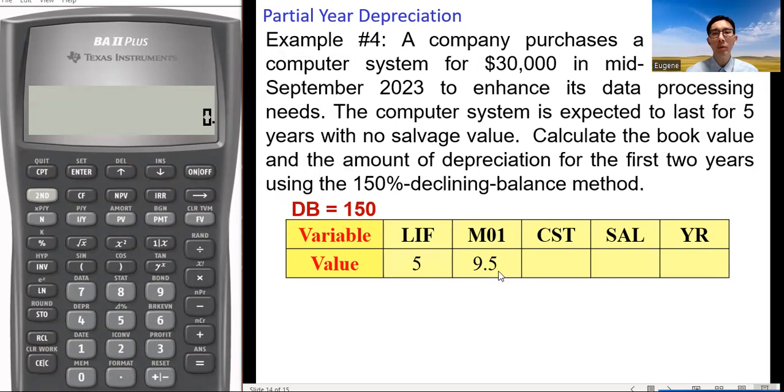So M01 equals 9.5. CST, the cost, 30,000. No salvage value, SAL, 0. YR, the first 2 years, 1 and 2. Using the 150% declining balance method, we set DB equals 150.